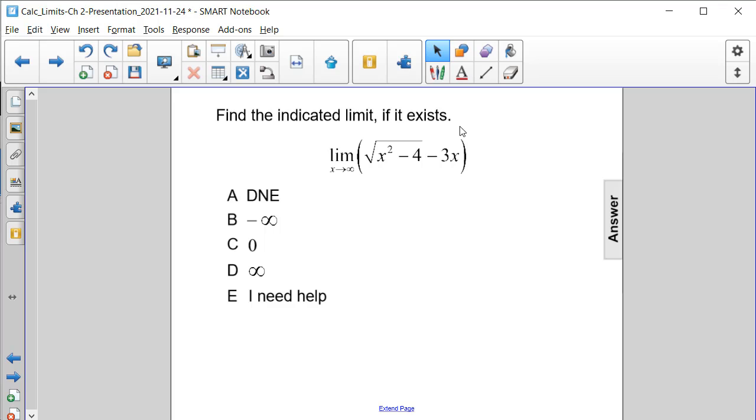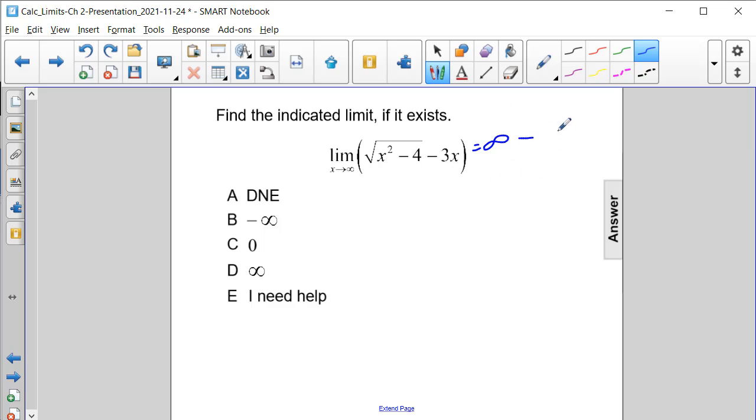Find the indicated limit if it exists. The limit of the square root of x squared minus 4, and then minus 3x being outside of the radical, as x approaches infinity. If we try to use substitution with a very large number squared, minus 4, and taking the square root of that, we're going to get an infinity value minus